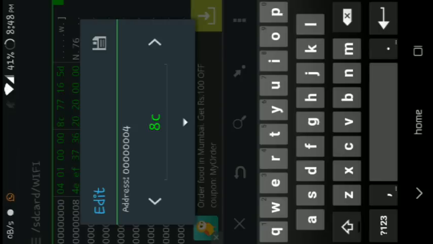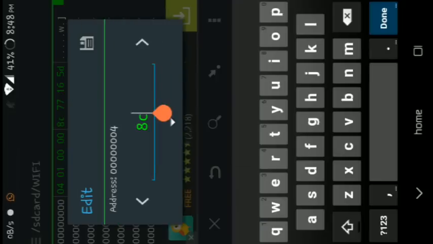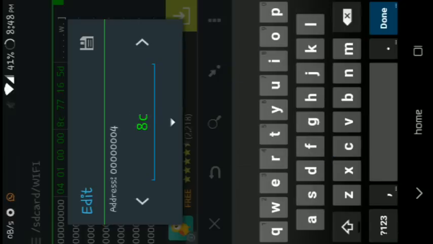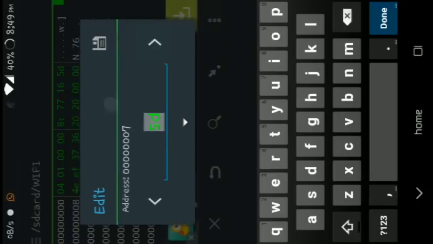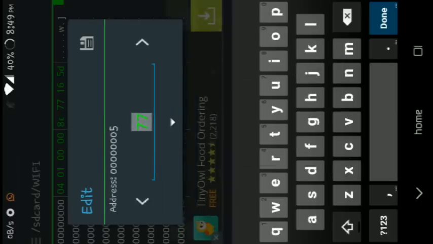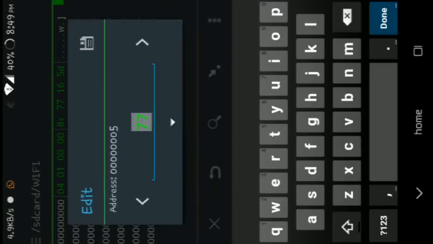Click on the fourth here. You can edit it just by the keyboard. See, every MAC address is different, so don't copy my MAC address because there will still be the NVRAM error if you copy it. Then 5 here, then 6, 7, 8 and 9. In the 9th number your MAC address ends. You can see from the 4th it starts and in the 9th it ends.